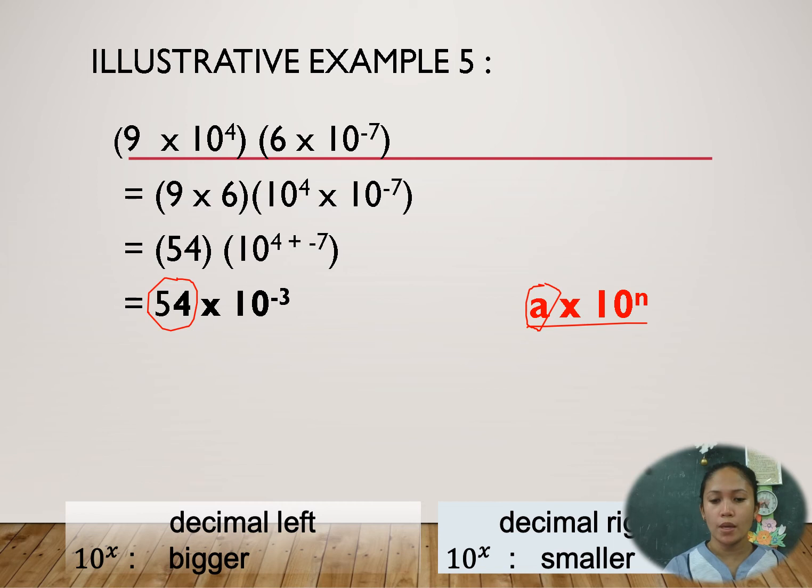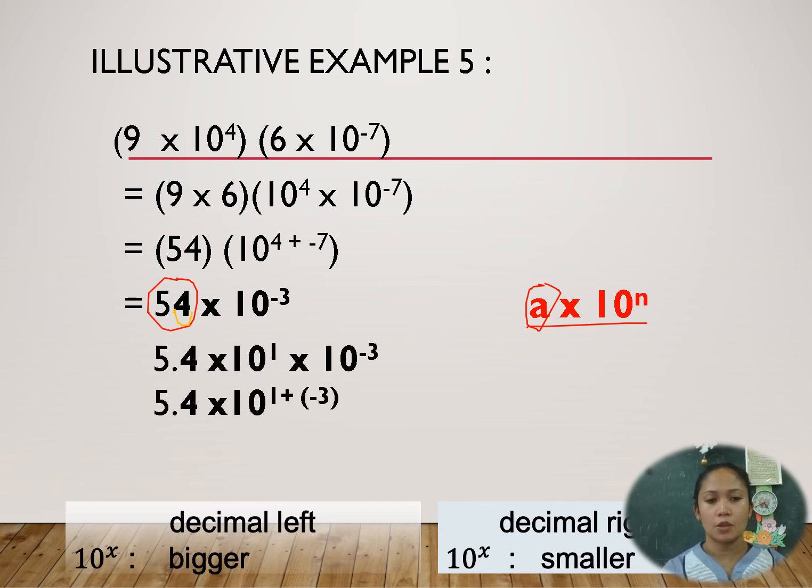So we'll find ways on how to make this greater than or equal to 1 but less than 10. So we have here 54, it's understood we have a decimal point after 4. So we can move it to the left once so that we have 5.4 times 10 to the power of